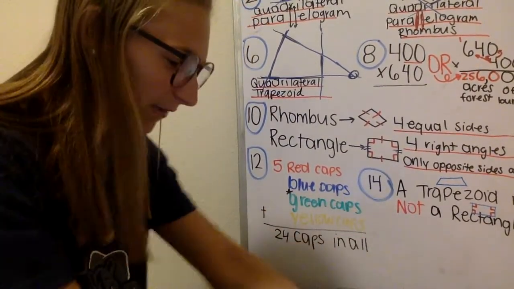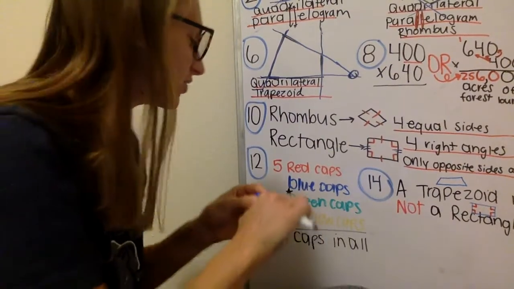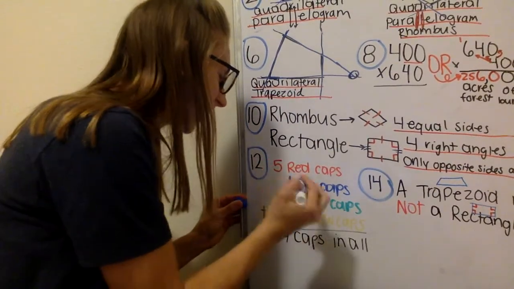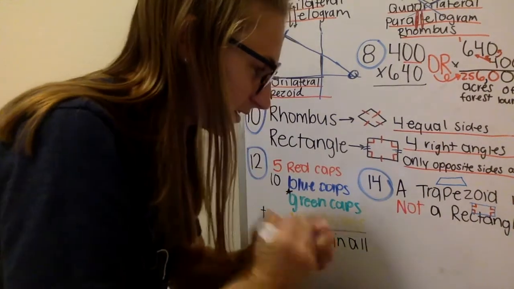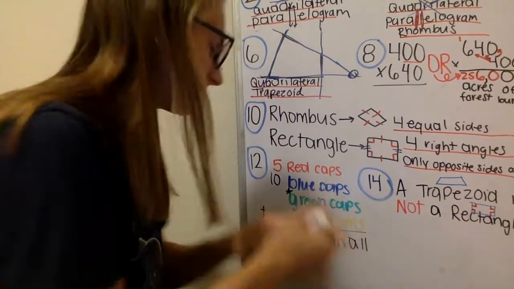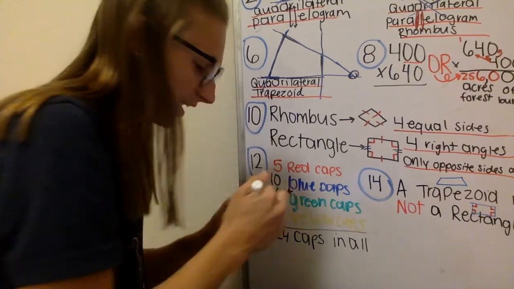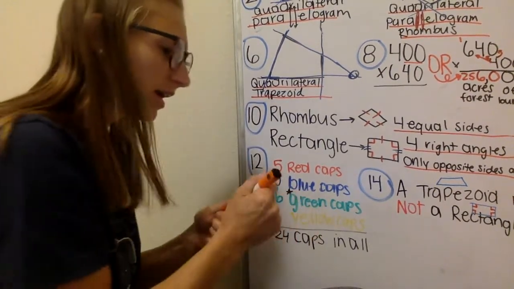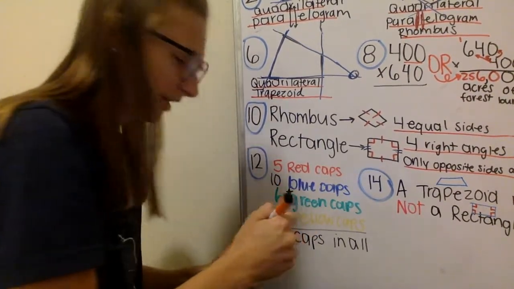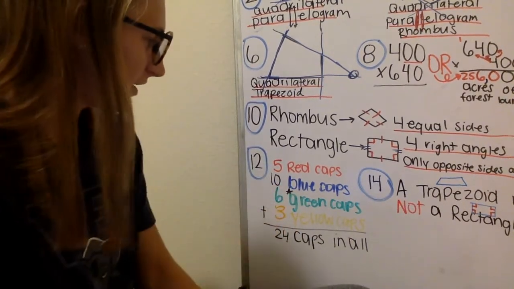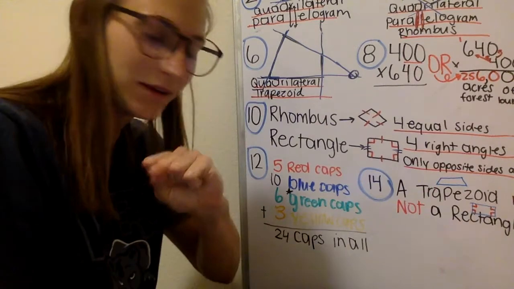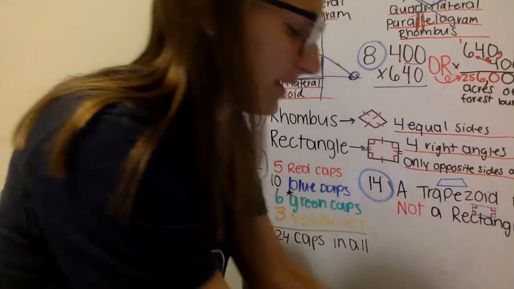And if I want to keep everything all color organized, the answer for this one is that there's 5 red caps, 10 blue caps, 6 green caps, I know it's probably hard to see, and 3 yellow caps. Kind of make it orange so you can see the number. All right, talk about a brain teaser. Last but not least,